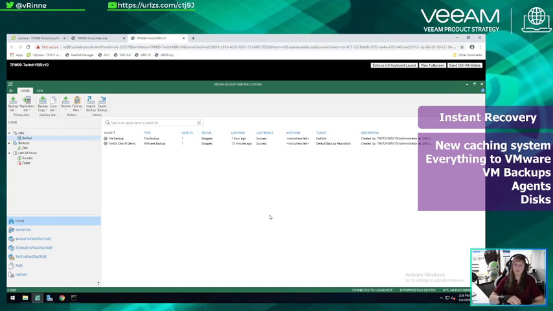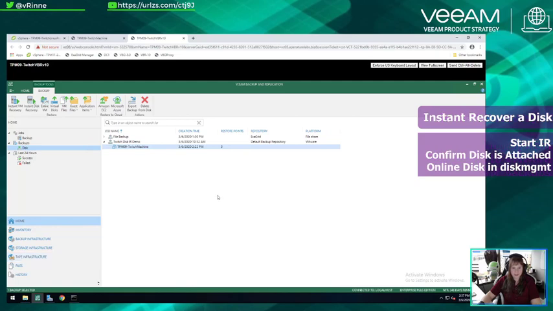This allows everything to be restored faster back to VMware. We can restore agent backups now. We can restore just about anything that you've backed up back to VMware at this point, including AWS. And in this demonstration, we're actually going to be doing an instant recovery of a disk, because it's also one of the new features that we've added, and it is, for lack of a better way to put it, stupid